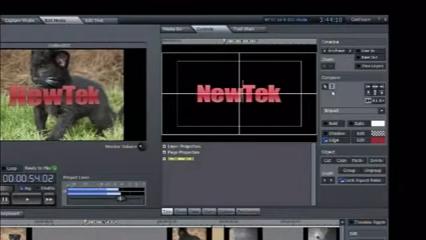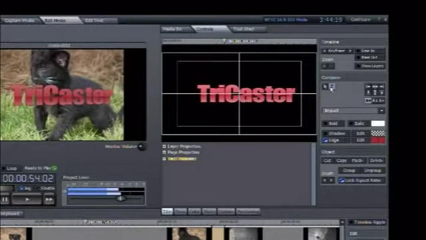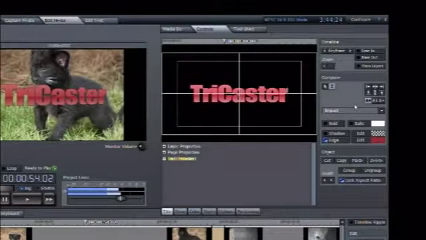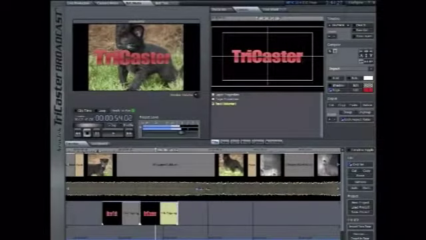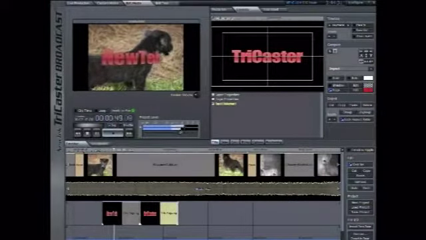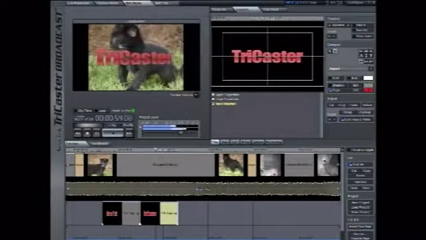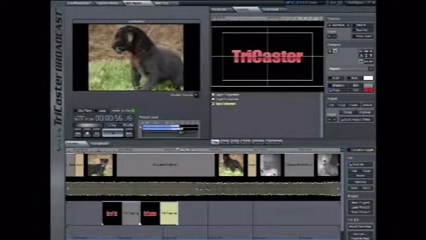Again, with the text tool selected, I can now erase what's currently in here and type something new. Let's type TriCaster. Again, I can use my alignment tools to make sure that I'm aligned. And now we're going to play both of those clips back to back. You can see this is a very cool animated text effect and very quickly achievable inside of the Edit Media